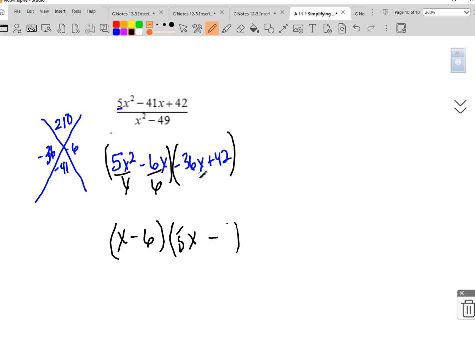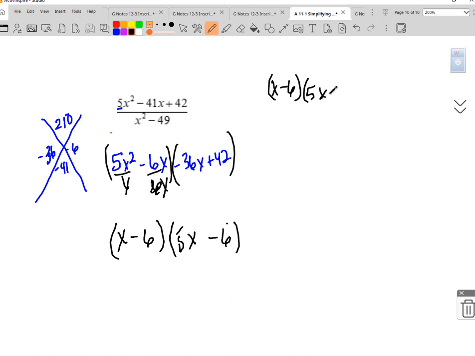Ooh, 14, yeah, I think 6 is the biggest one. 6 and 7, yeah. So this would be x minus 6, oh, I put a 6 there. Why did I put a 6 there? My bad. So this is x minus 6 times 5x minus 6